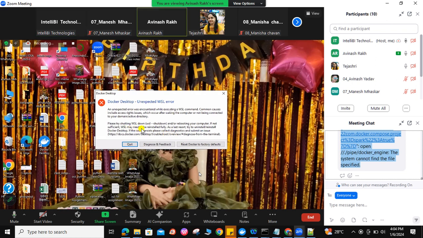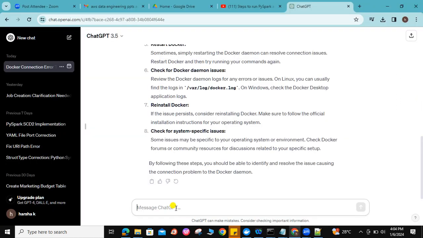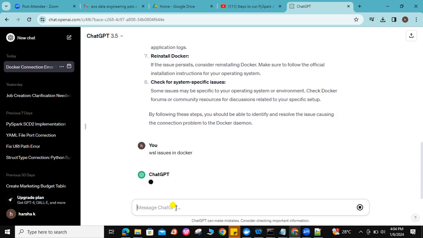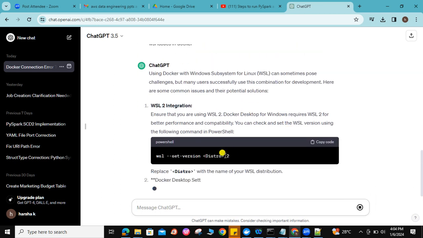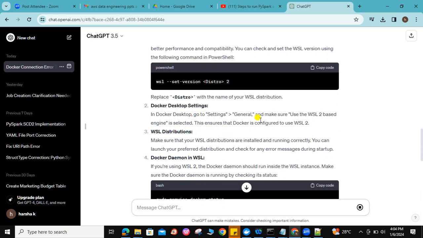Okay. Please try WSL shutdown or rebooting. If that's not sufficient, you may need to reinstall WSL. It's a WSL issue in Docker. Sorry, I have to paste here. Is anyone able to successfully install? Okay, WSL Docker setting. Go to settings, general, and make sure the engine is, I think,